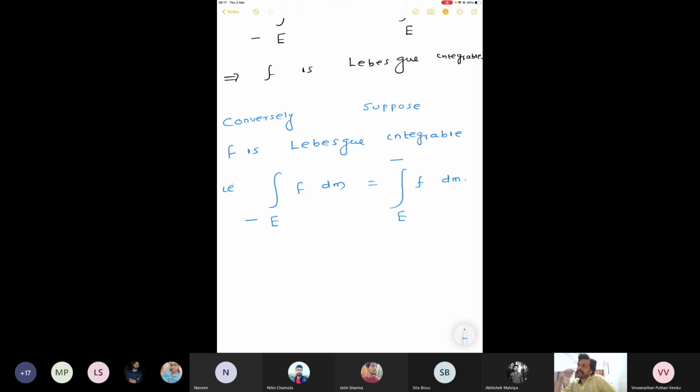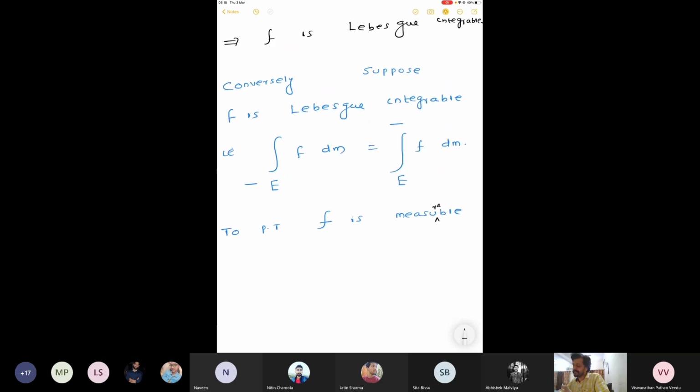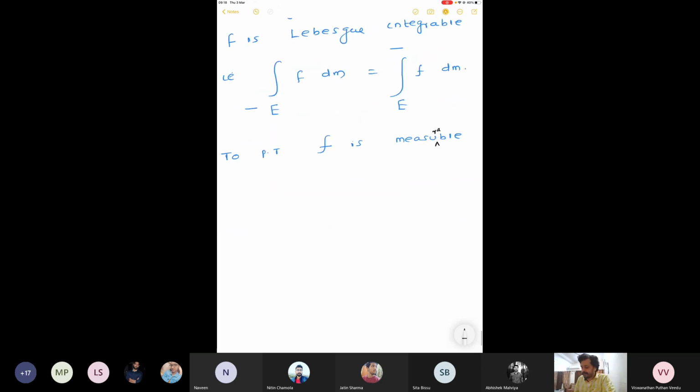We have proved a result. If f is equal to g almost everywhere and g is measurable, then f will be measurable. Okay. To prove that f is measurable, what I will do, I will prove that f is almost everywhere equal to a measurable function. Okay. Now I have to construct that measurable function which is equal to f almost everywhere. For that, let us start with what we have in hand. What we have in hand is the lower Lebesgue integral is equal to the upper Lebesgue integral. By definition,